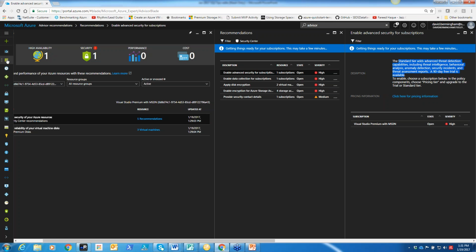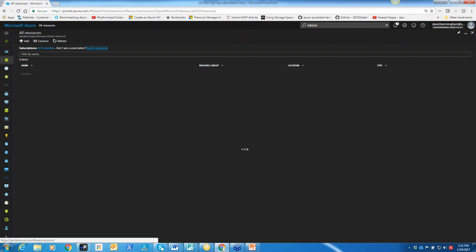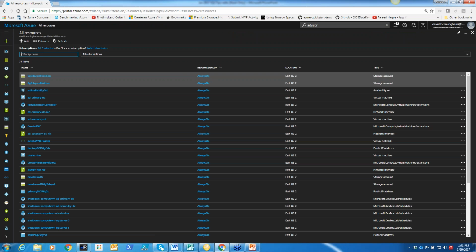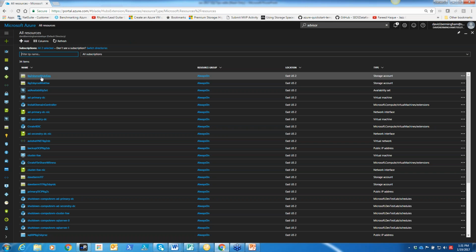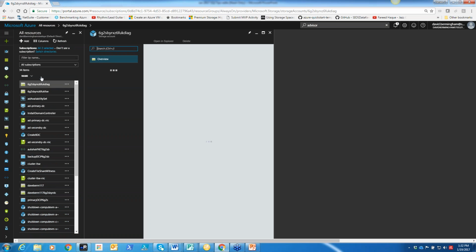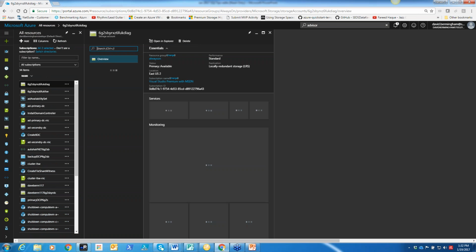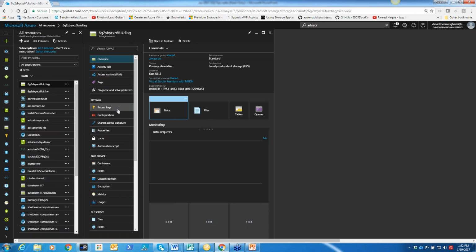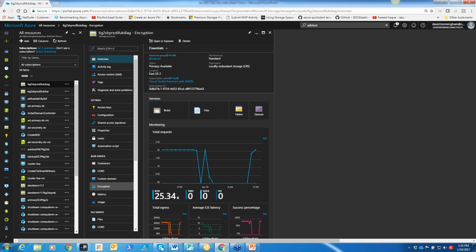Jumping over to Azure Storage Encryption. Again, one of my favorite features because it's so simple and it's so nice. So I click on any storage account I have enabled or provisioned here, and within the storage account, what comes up here, we have encryption. If you go down here, encryption,